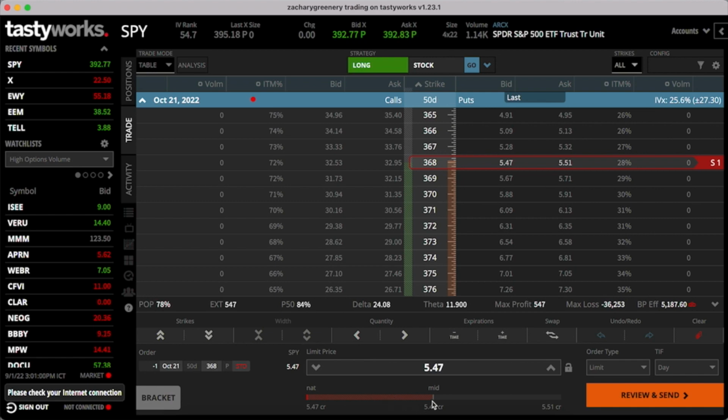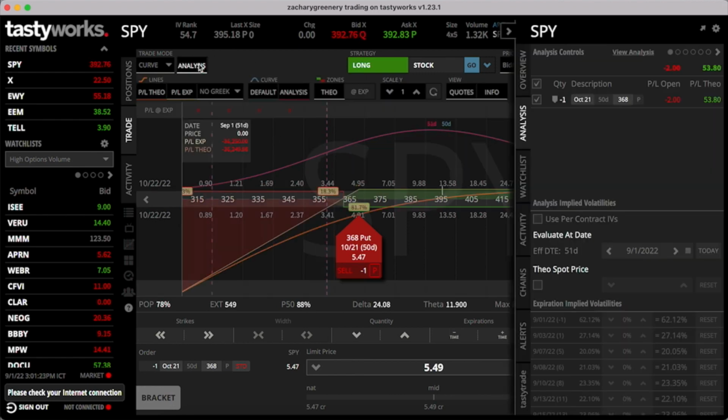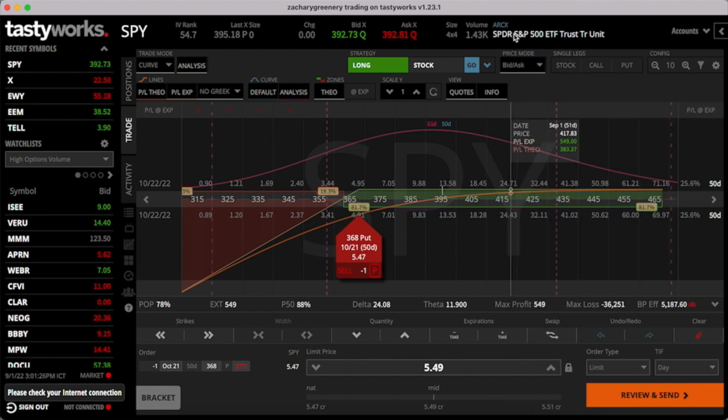And it makes it very easy to adjust the price of the option. And it shows your buying power and everything like that. That's very good and much better than other platforms, but as well, they have a different way to view your trades. So if you go to the curve analysis mode up here, it'll show this. I don't really like how this is, but if you do analyze, you can see this screen